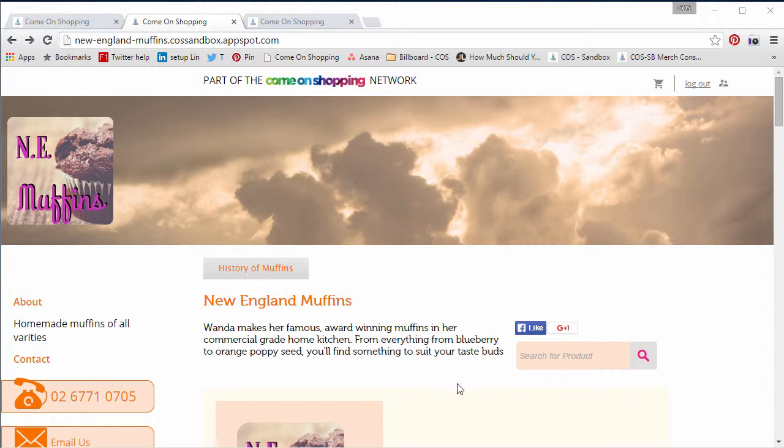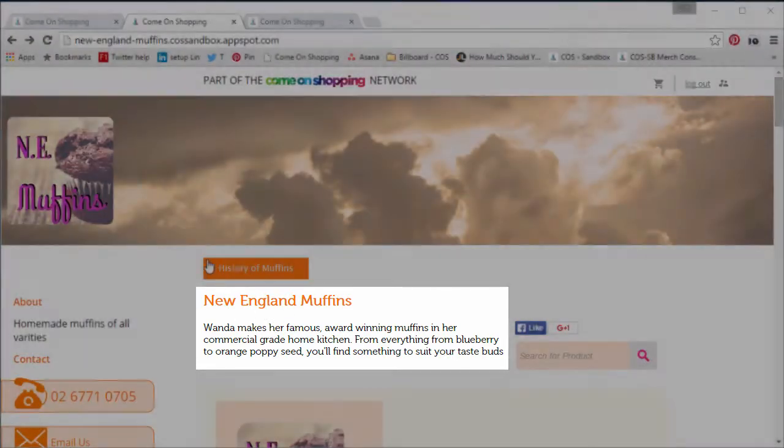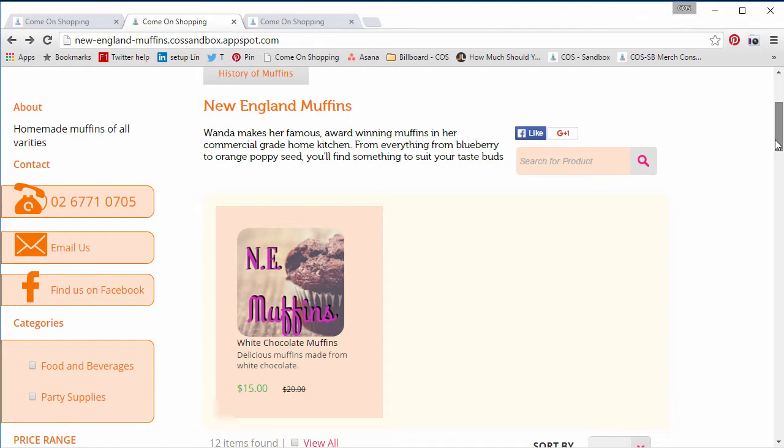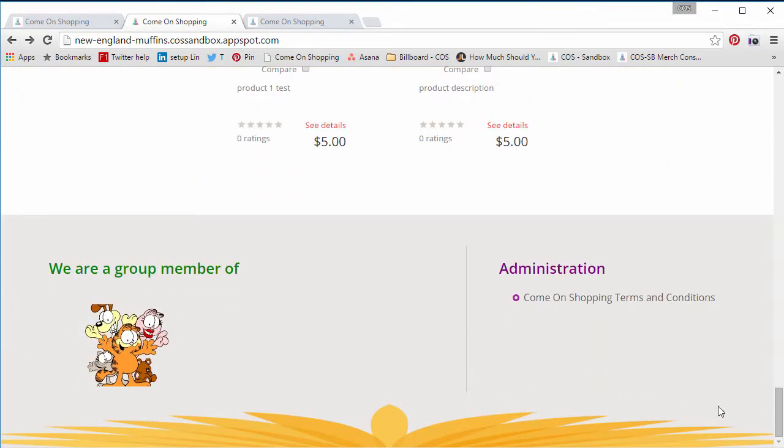So there are two menu areas in Come On Shopping. The first is the header area, which will create buttons above your site blurb here. And they'll come up as buttons here, so for each page it'll list a new button to the right and to the right. And then there's also the footer area, which is right down at the bottom of your site,